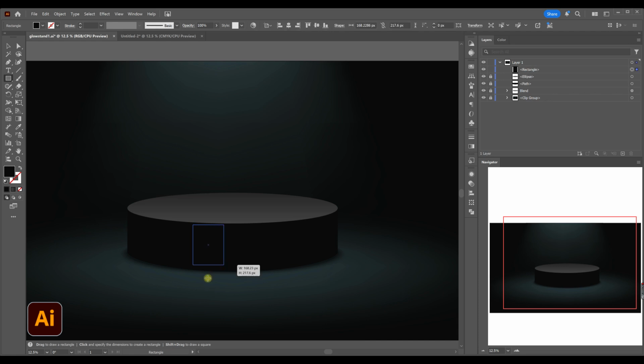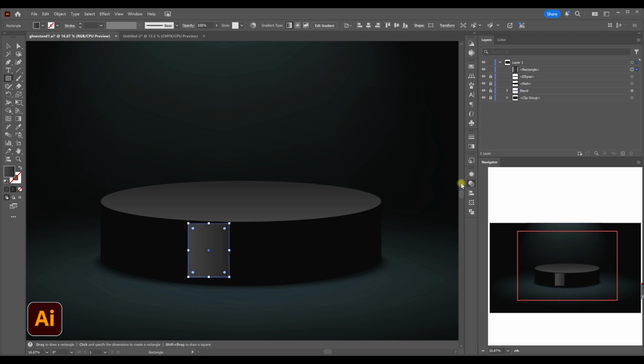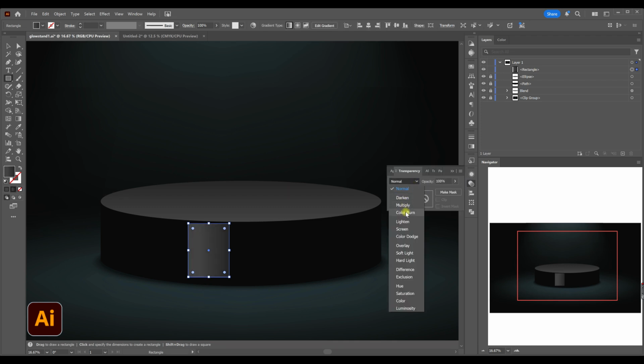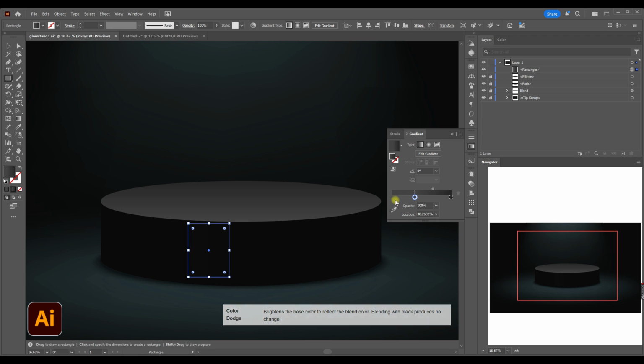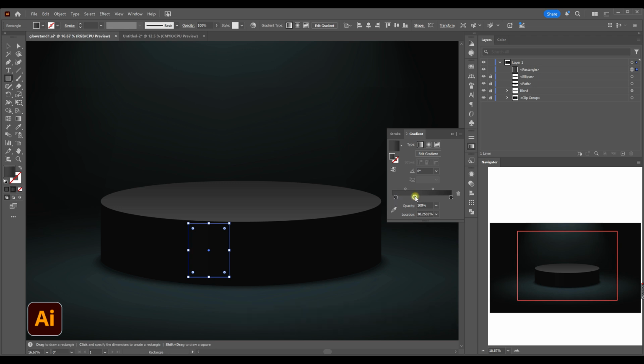Choose the rectangle tool and now we're going to make reflections on the board of the podium. First we go to transparency and choose the color dodge blending mode. Now you will see what it will make. It will make a nice light. And after,